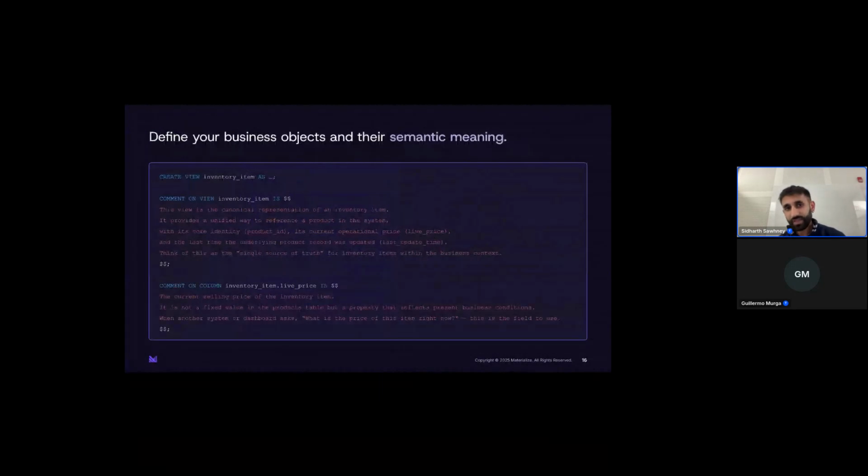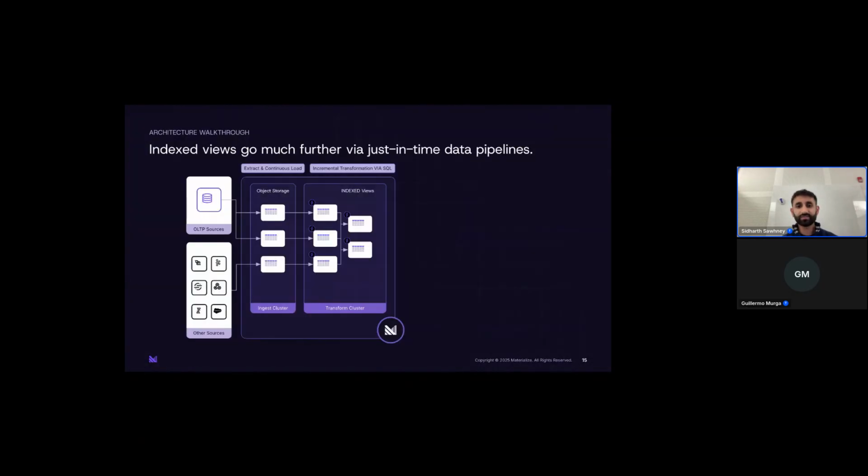Now, this isn't enough. If I gave all of this information, all of these different views, to our agents, the information is there, but the AI agents fundamentally don't understand the context of what these views are or why these views are important.